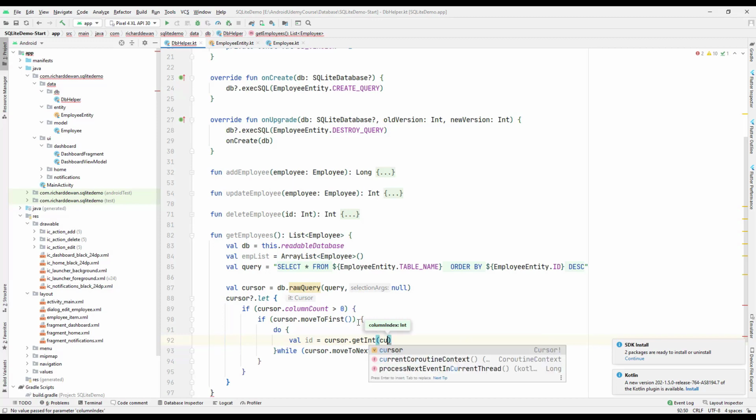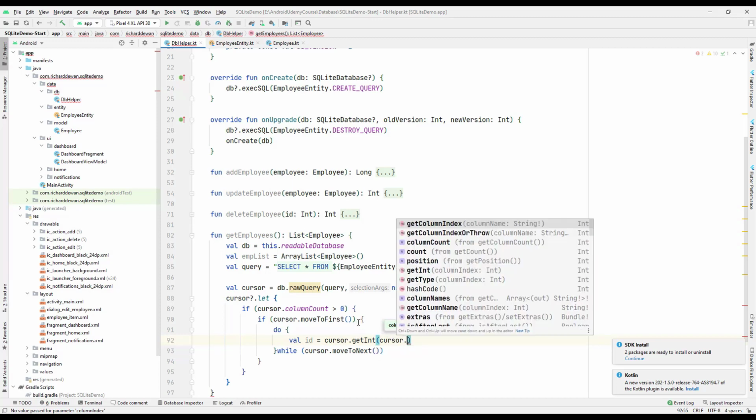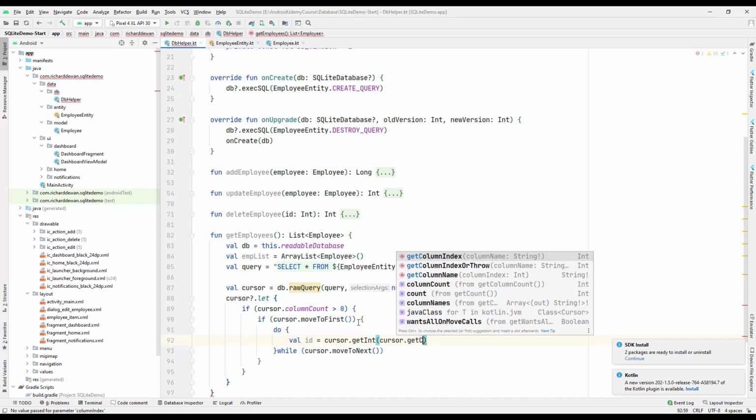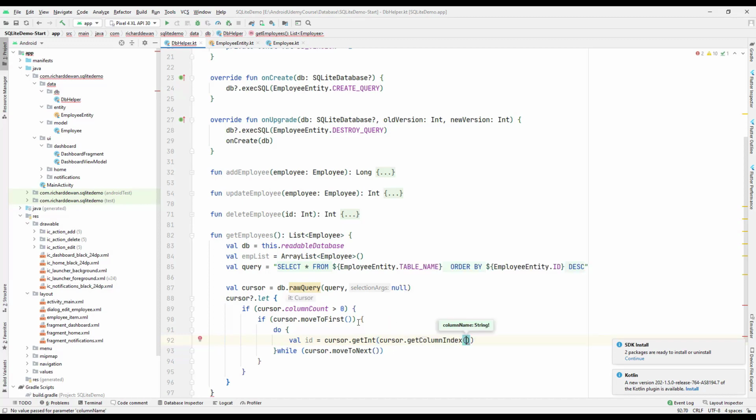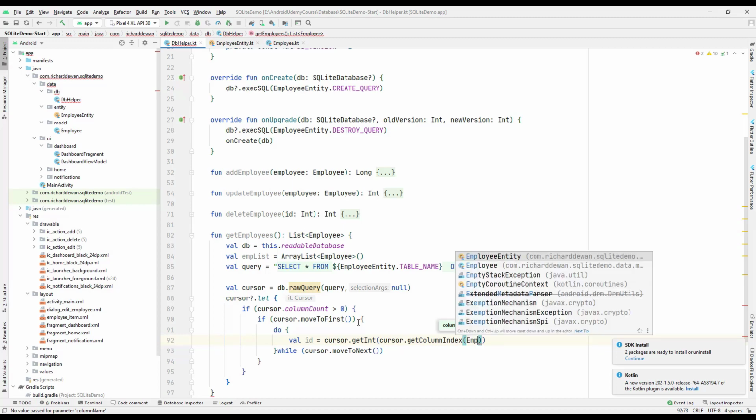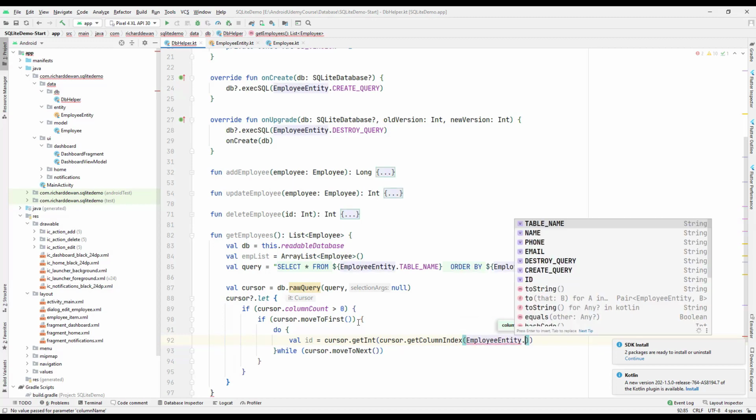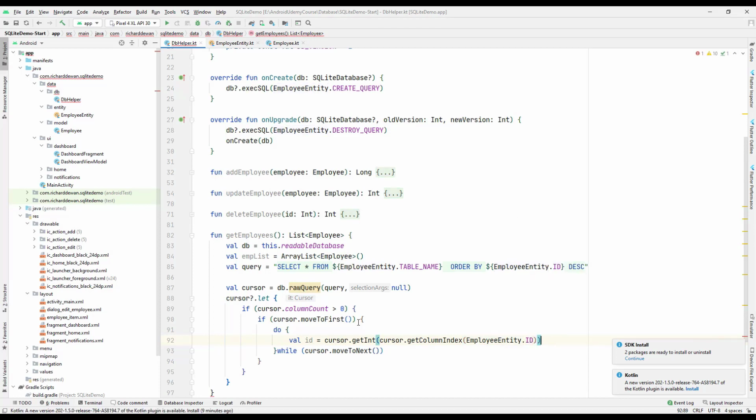So I'll just say cursor dot get the column index, right? So column index, and I need to pass the column name. So where is the column name? I can get it from the employee entity dot, I need an ID from here. Okay, so val, I need another one, it's a name, which is equal to cursor dot,